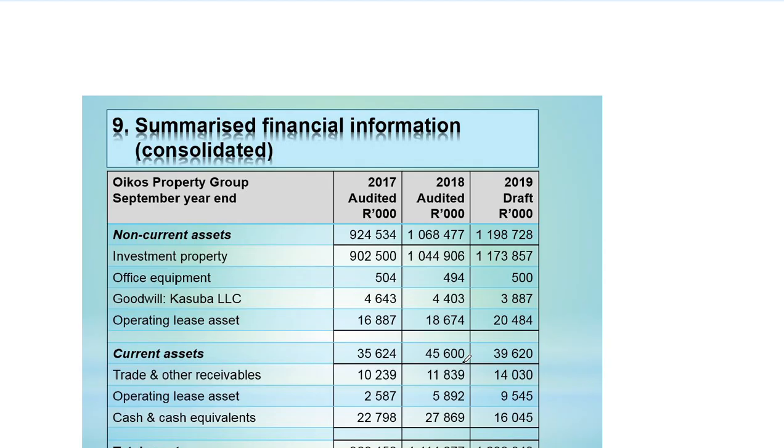Those declines are things that are not making us at ease as the new joiner of this company. Now let us look at what comes next. We're still on number 9, which is our summarized financial information, and this is the consolidated information. What is presented to us now is a statement of financial position as at September year end. We are given the same information: 2017 audited, 2018 audited, and 2019 is a draft. Now let's look at all the information that we have and digest further. We are provided non-current assets. Under non-current assets, they have 4 items.